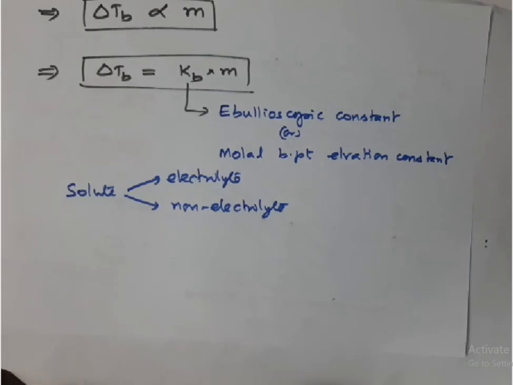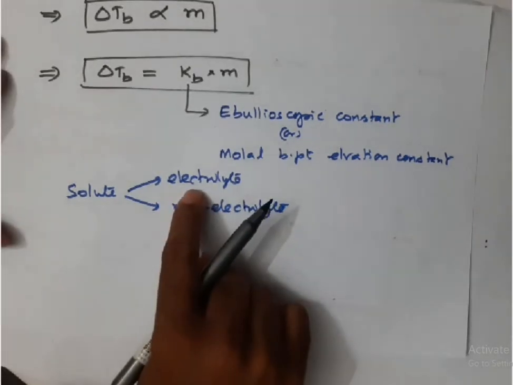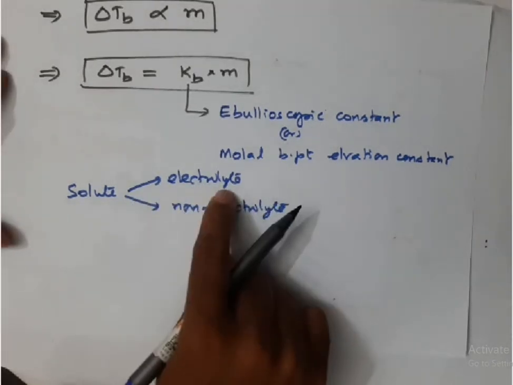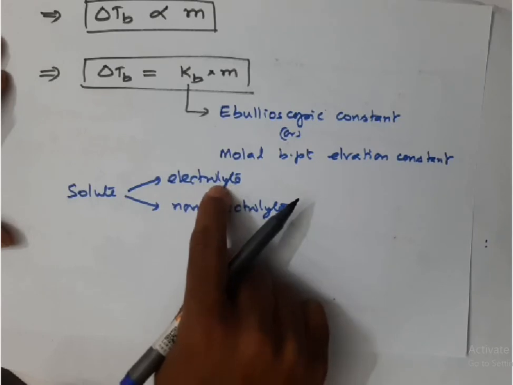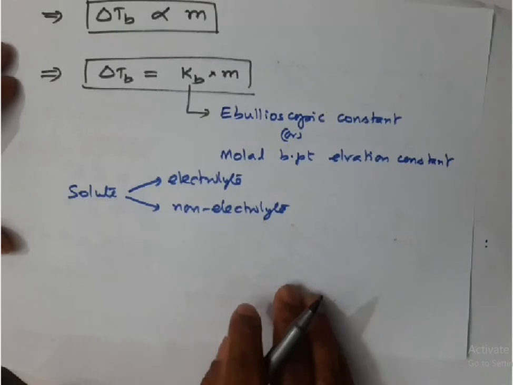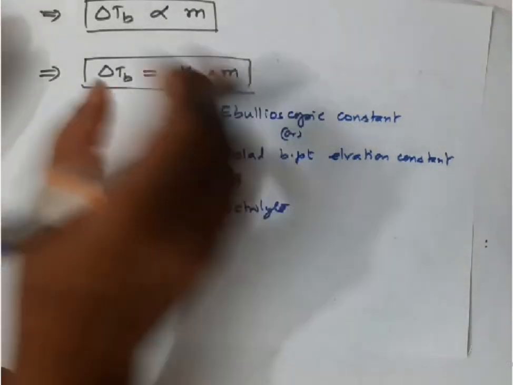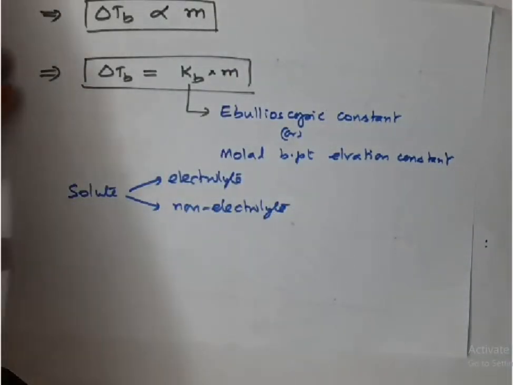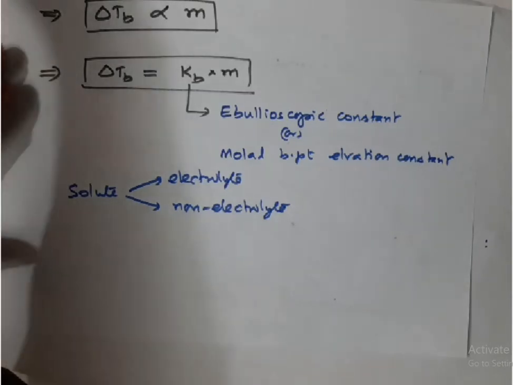I have told you, a colligative property is a property which depends on the number of particles of the solute. So depending upon the solute that we add, we may add an electrolyte or non-electrolyte, so the number of particles will change. Therefore, the very correct expression for delta TB is, let me write here,